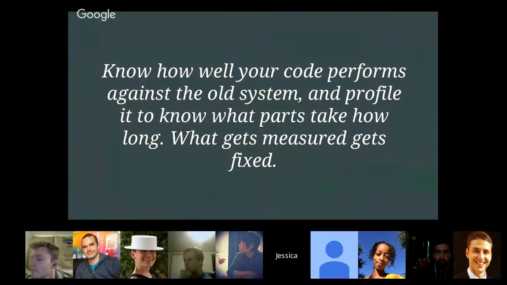So just knowing how well my code performed against the old system, and profiling to know what parts take how long, is really important. What you can measure is often a great way of knowing what you need to fix. Before this project, I'd never profiled anything.